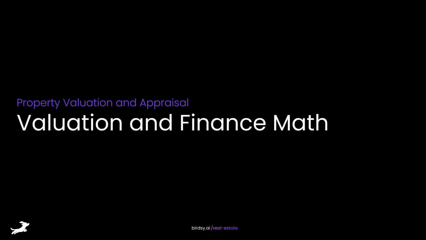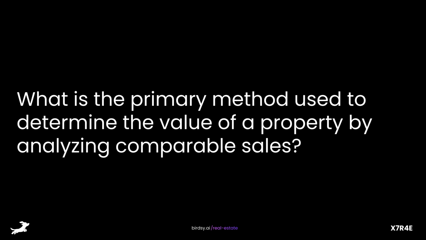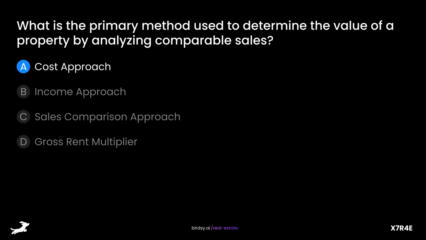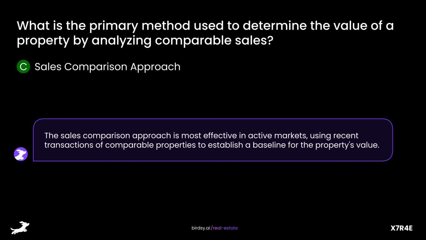Valuation and finance math. What is the primary method used to determine the value of a property by analyzing comparable sales? Is it A, cost approach, B, income approach, C, sales comparison approach, or D, gross rent multiplier? The answer is C, sales comparison approach. The sales comparison approach is most effective in active markets, using recent transactions of comparable properties to establish a baseline